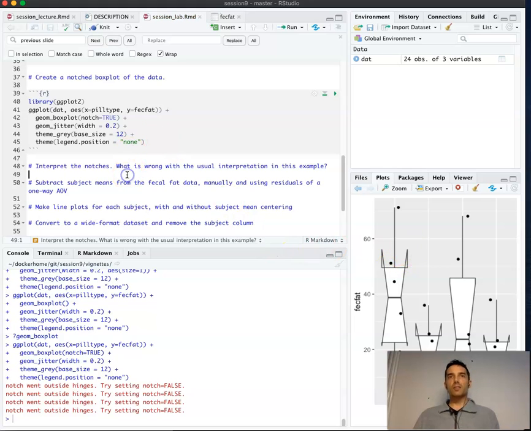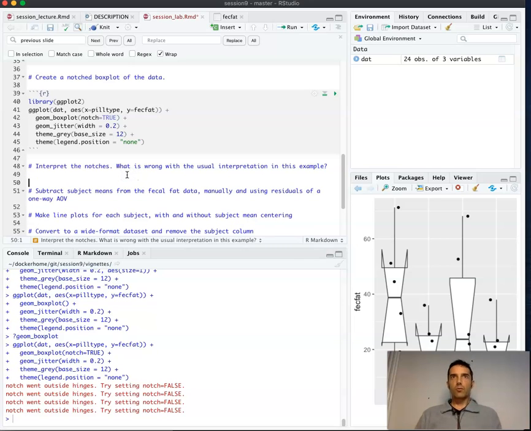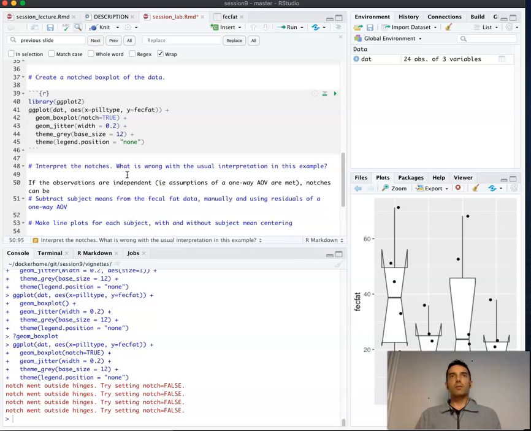So interpret the notches. Maybe I'll just write in here: if the observations are independent, i.e. assumptions of a one-way analysis of variance are met, notches can be used